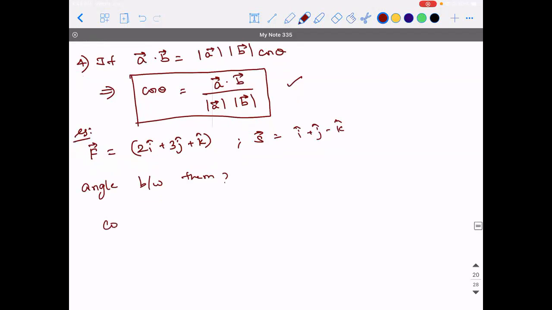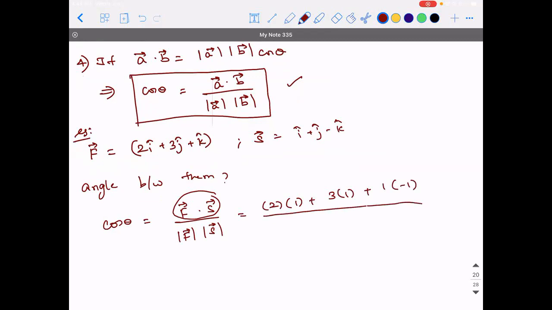Using the formula, cos theta is equal to F vector dot S vector divided by magnitude of F vector into magnitude of S vector. In the numerator for F vector dot S vector, apply the formula like A1 A2 plus B1 B2 plus C1 C2. So what will you get, guys? 2 into 1 plus 3 into 1 plus 1 into minus 1, the whole divided by